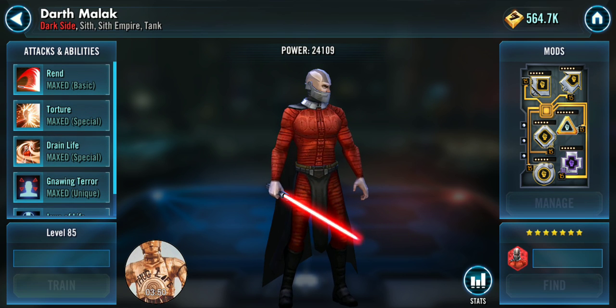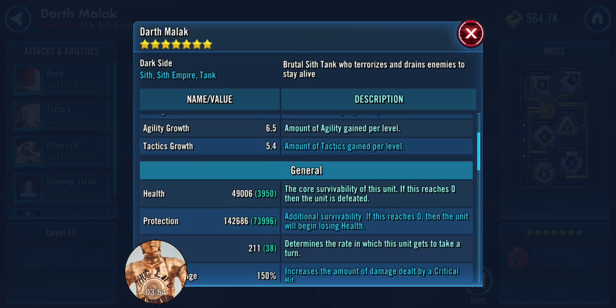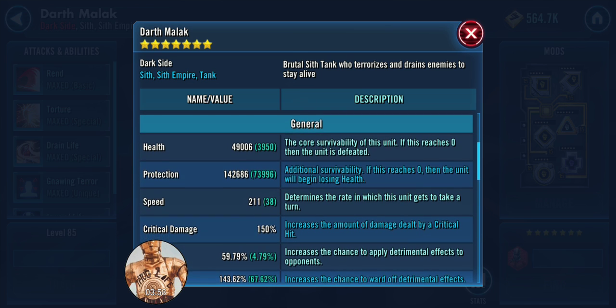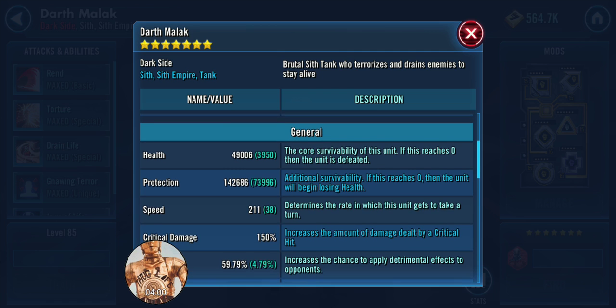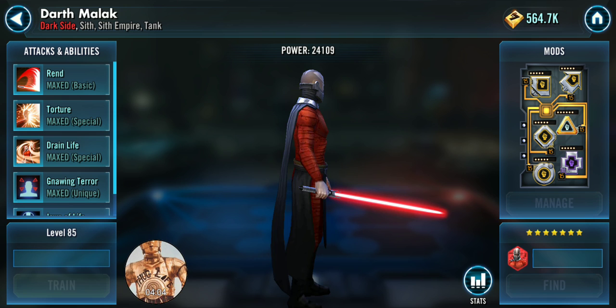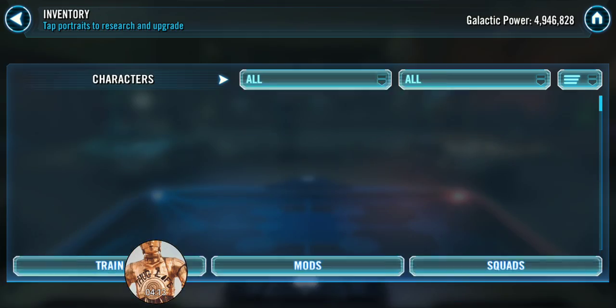There's also Malik. Malik, he's got some tenacity on. And as you can see, he's got health protection. So we're looking at almost 200k, really about 190k health protection combined. So chopping him down is going to be chopping like a tree. It's not an easy feat, but really the only thing that's really changed at this point is you need to make sure that your